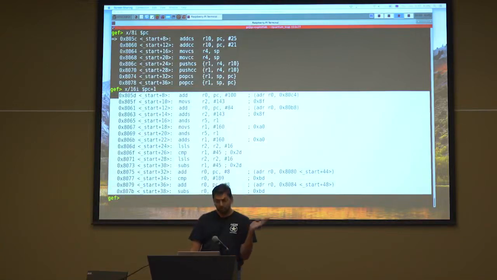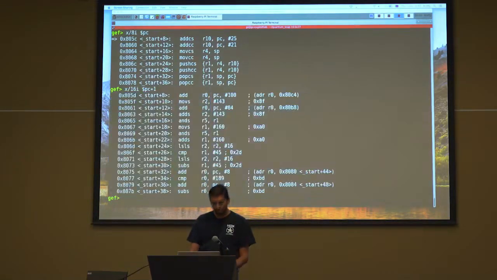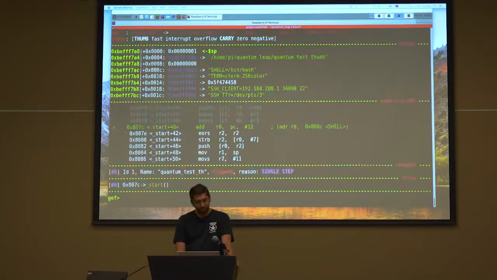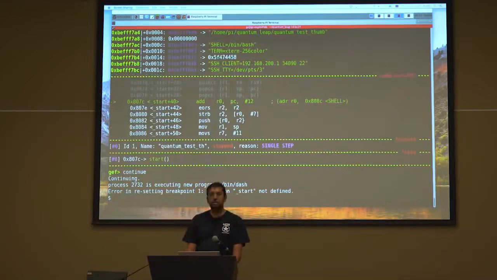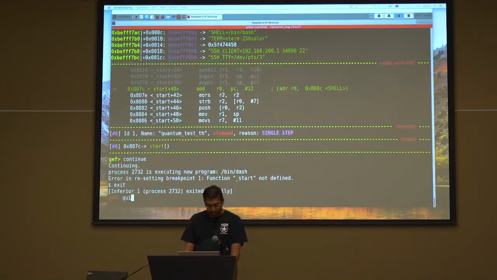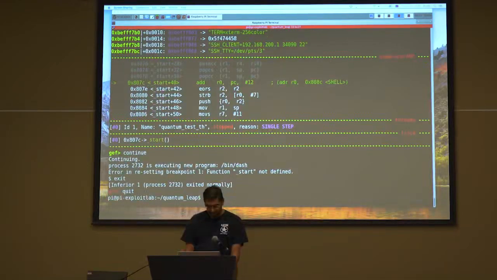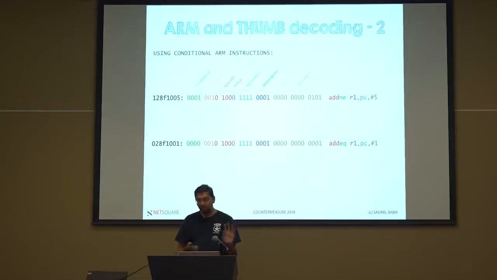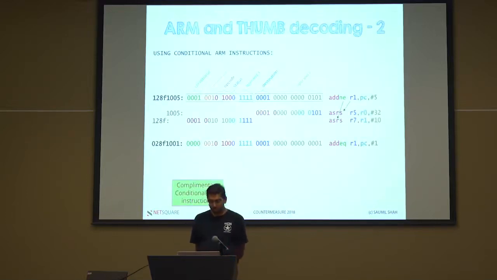Now I'm in thumb mode, so I'm going to basically step through all 16 of these, and the end result is I should stay in thumb mode. So I step through all 16, I'm still in thumb mode, and then if I continue forward, I get my shell again. So basically what's now done with this quantum leap code, this polyglot stunt, is, okay, not only have I achieved mode independence, but